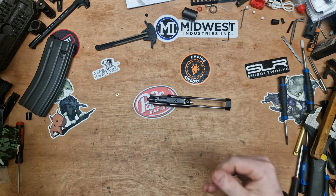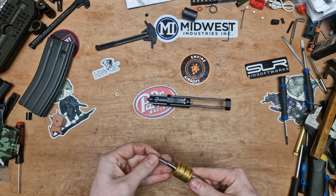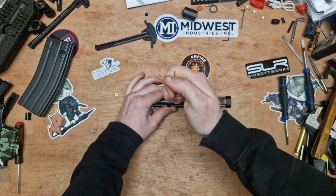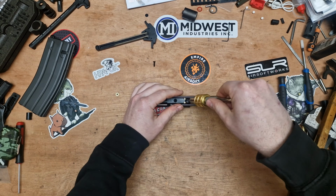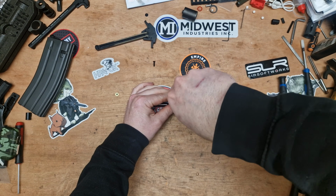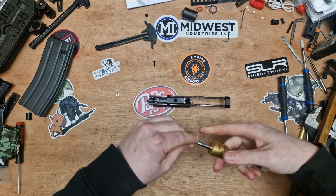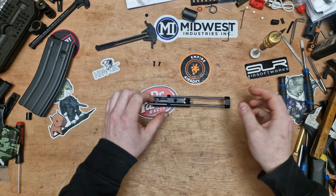Let's take the top off. Looks like a 2, but it might not be. 2mm Allen key. So we have one at the front, and we have one at the back. Are those the same length? No, so the shorter one goes to the rear of the bolt,